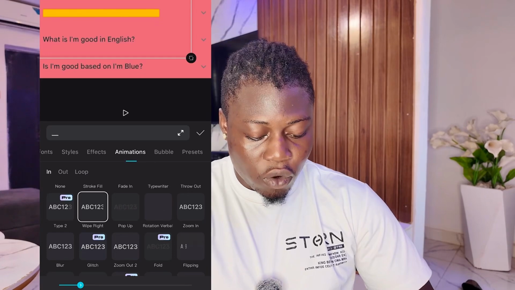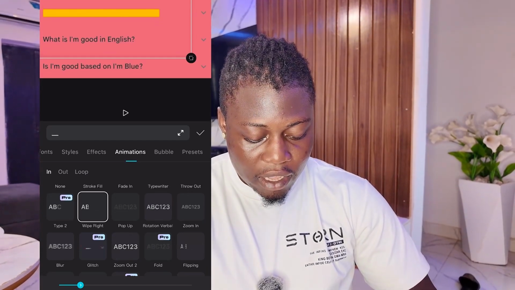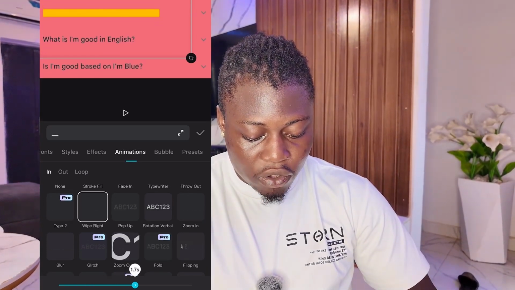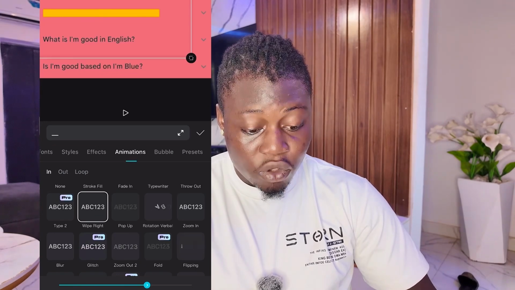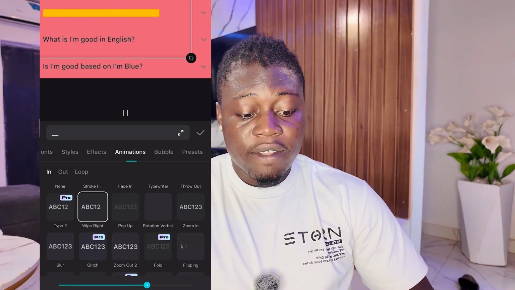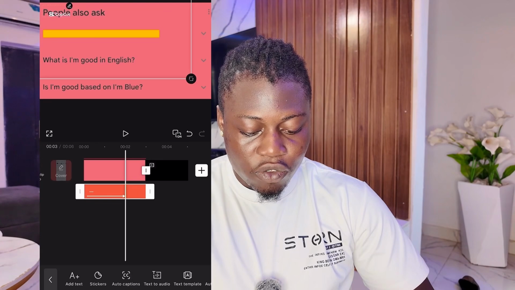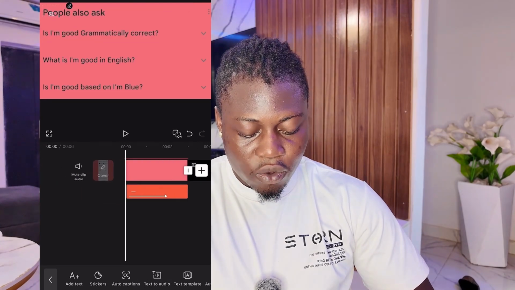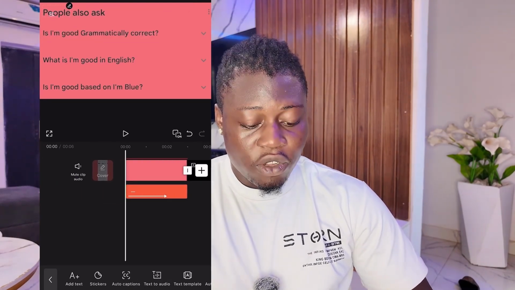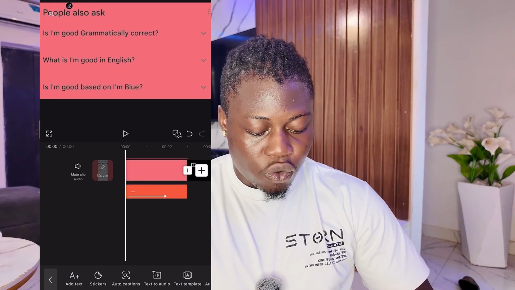It's okay for this. So all you need to do is increase the distance. You can put it on 2, depending on how long the text is. You can see the way it's displayed. All you need to do is click on OK, right? So once you click on OK, then the next thing you need to do right here is